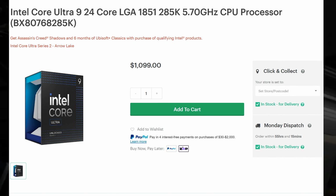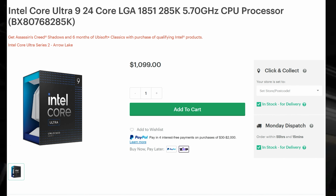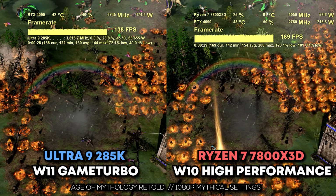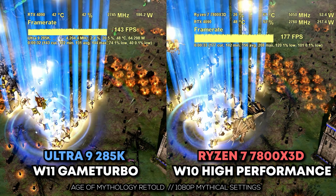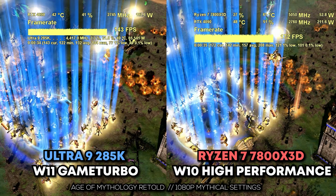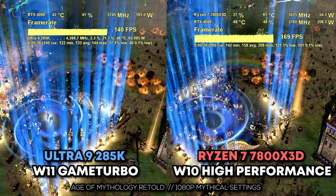So it's quite an ask, and at this price, you would definitely want a lot for your money. Unfortunately, let's move into these gaming benchmarks, and here is where you don't get a lot for your money. And moving on with the first benchmark, Age of Mythology. The reason I test this game and I love it is because it's an underrated game. Not many people focus on it, and I want to see if the optimizations are there from Intel's side and